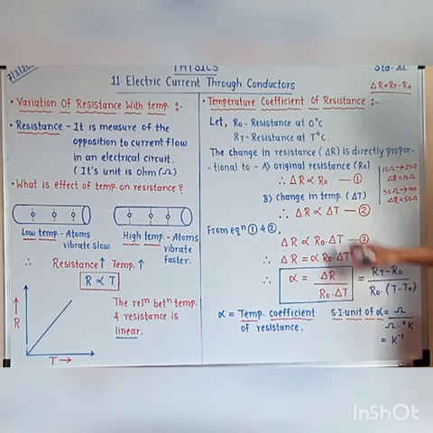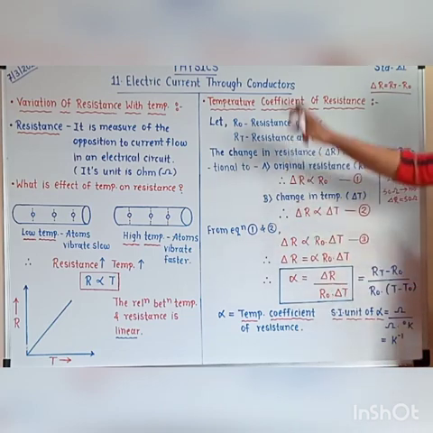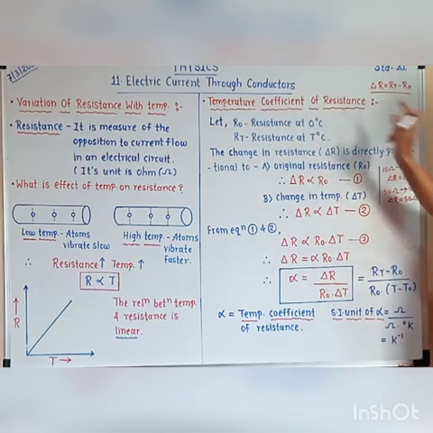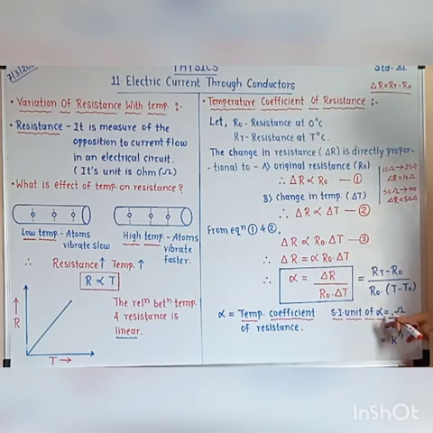Now delta R means change in resistance, that is final minus initial. So we can write RT minus R0 divided by R0 into delta T. Delta T means change in temperature, that is final temperature minus initial, so T minus T0. So the formula for alpha is also RT minus R0 divided by R0 into T minus T0. And this alpha is nothing but the temperature coefficient of resistance, and the SI unit of alpha is,